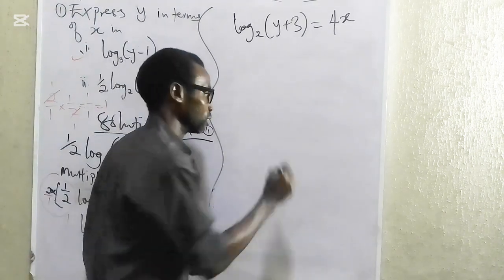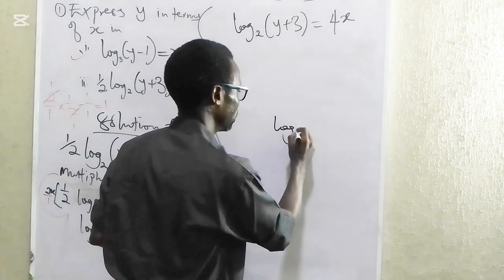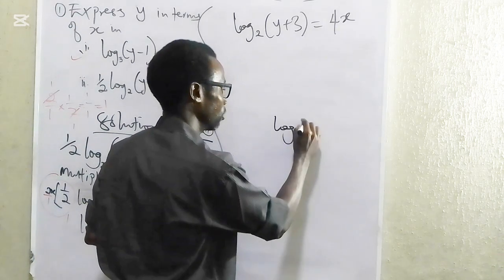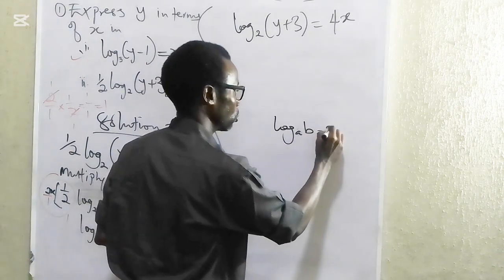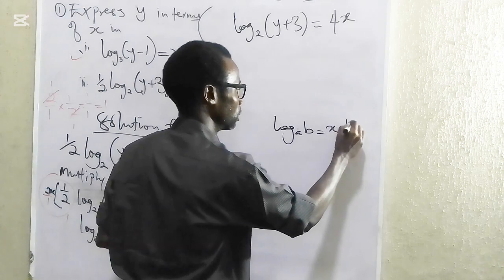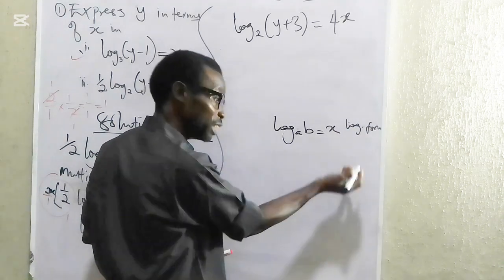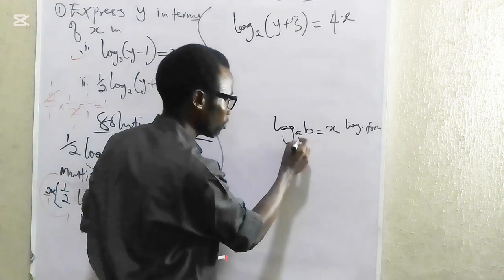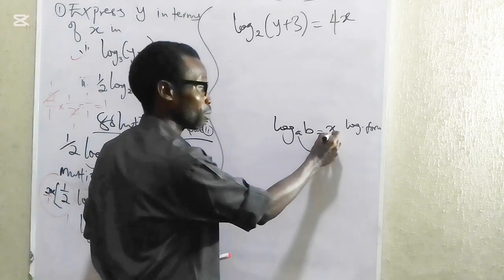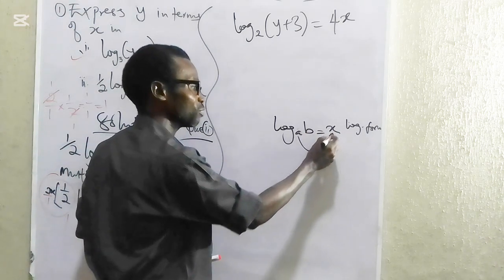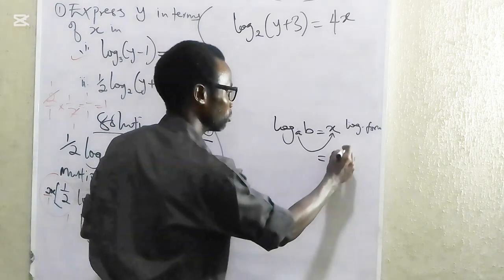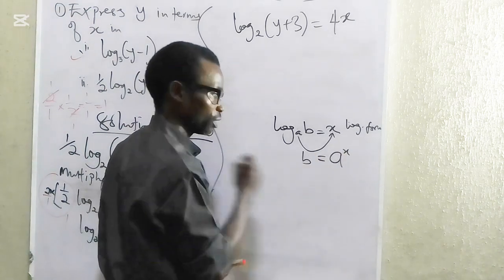In which case, what I mean is this: log in base a of b is equals to x. This is logarithmic form. The exponential form is that the log of a number to a particular base gives the number of times the base will be raised, meaning a will be raised to the power of x to give us b. So this is what